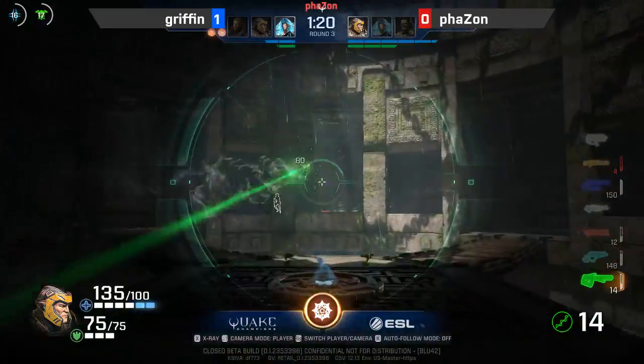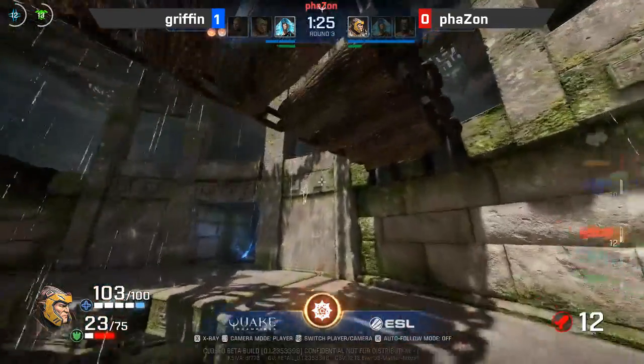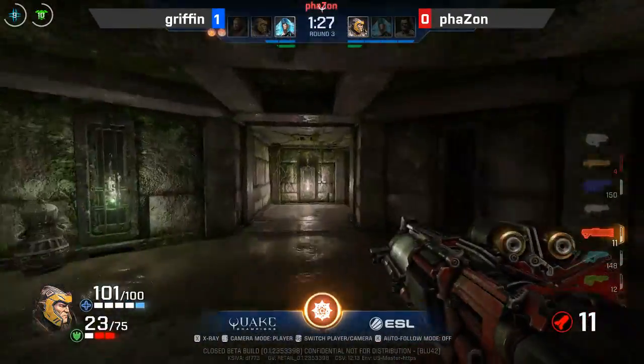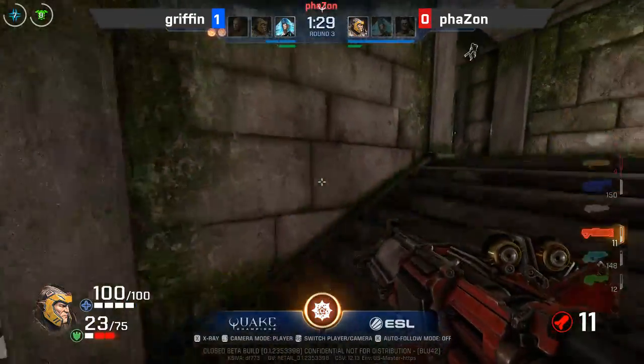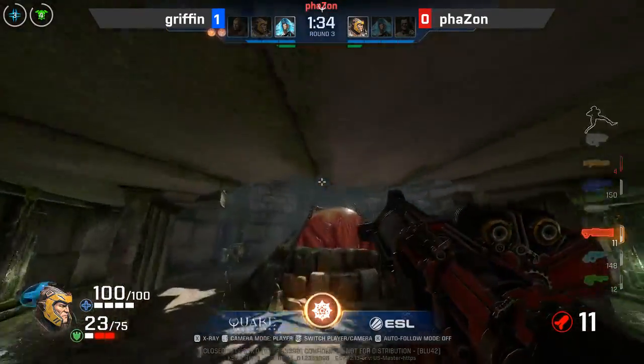phaZon, he's got the correct lock on his opponent. There we go. The missed rail as well from Griffin is going to put him into a bad spot. phaZon can't hit that second one, though. It doesn't really have enough. I'm not sure if he can complete the kill on just that one last hit. But regardless, he gave Griffin the room he needed to retreat, so he's going to fall back, and phaZon himself